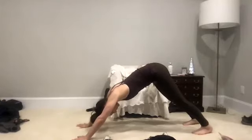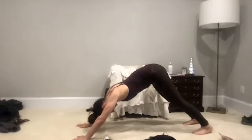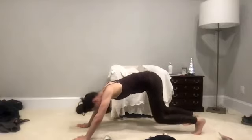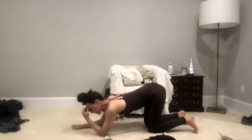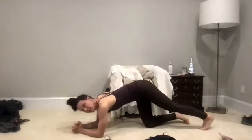And press the heels to the floor. Try to get the calves real long. 5, 4, 3, 2, relax down. And then put your forearms on the floor and press back through your